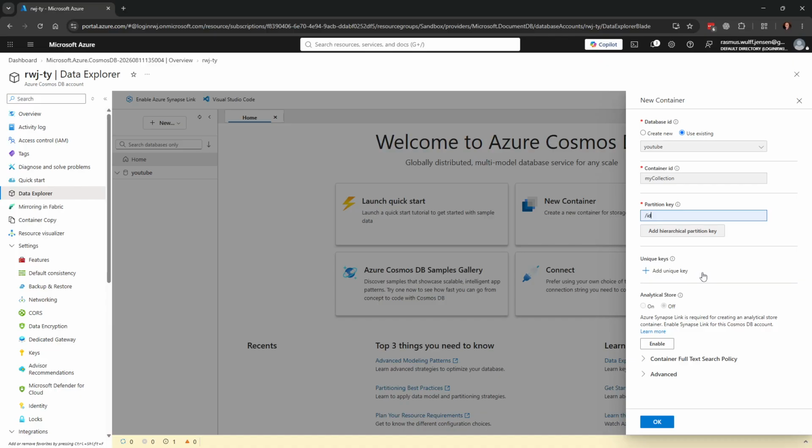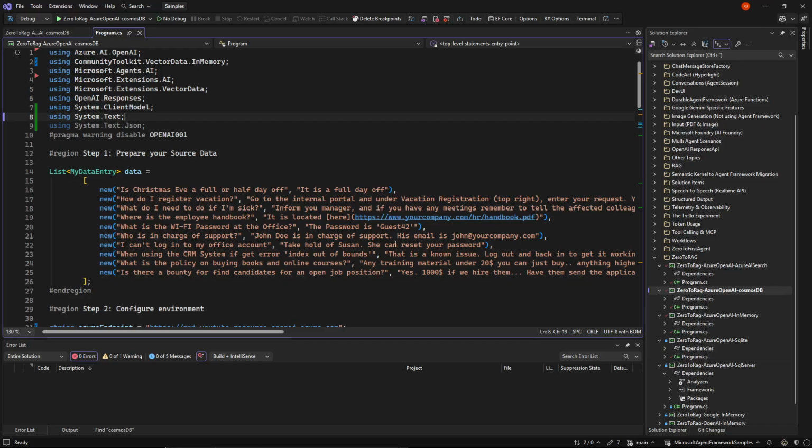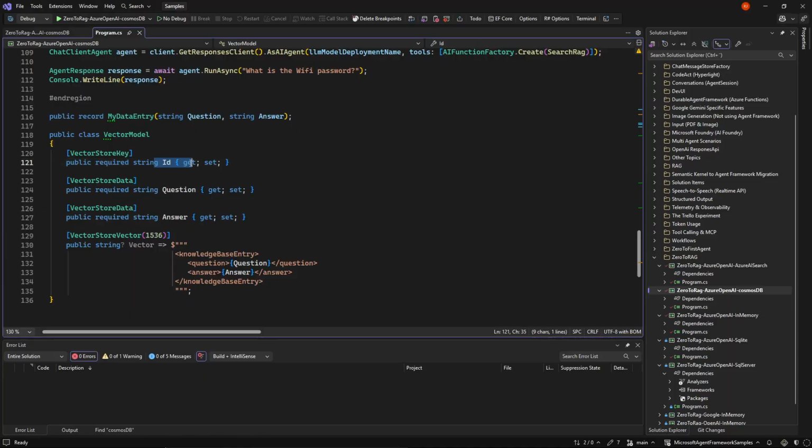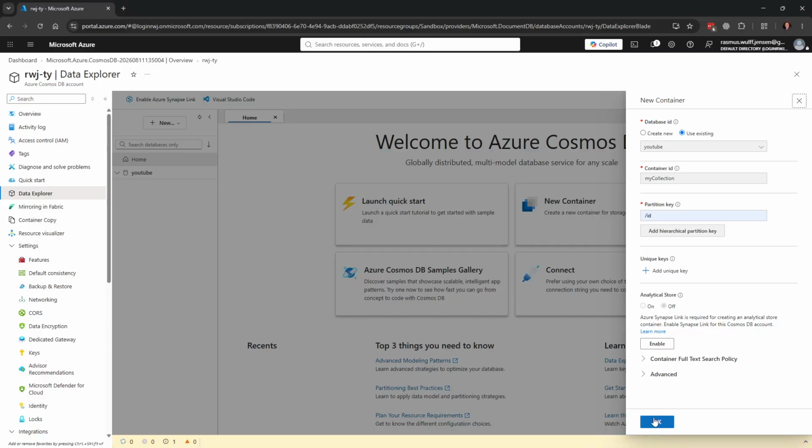But in real life, if you're really onto Cosmos anyway, you'll probably have some kind of type or region or something to put into the partition key. It needs to match one of the properties that we have down in our vector here. So I'm just matching it against this one. So let's go in and create that container, and then we should be ready.